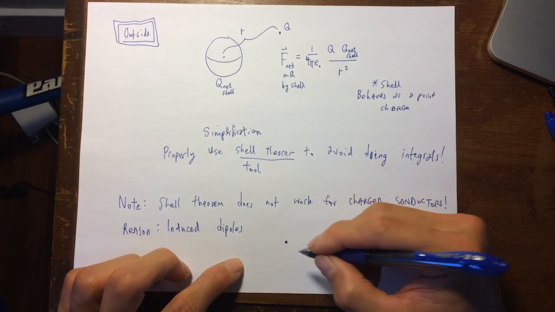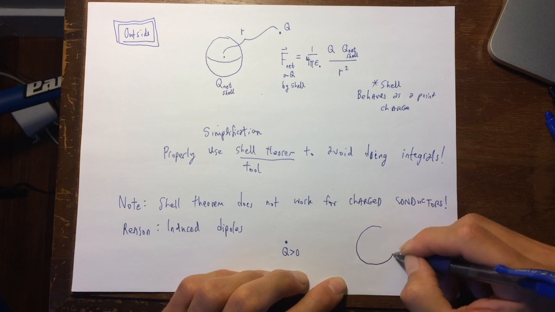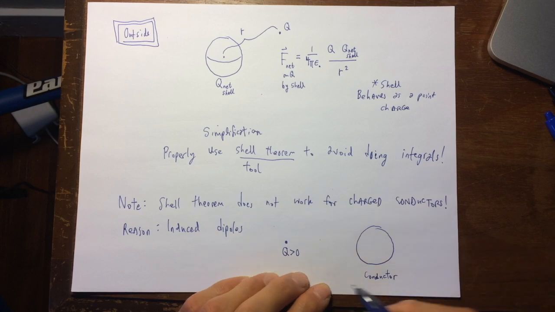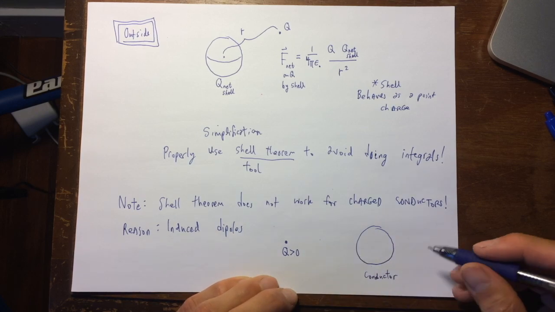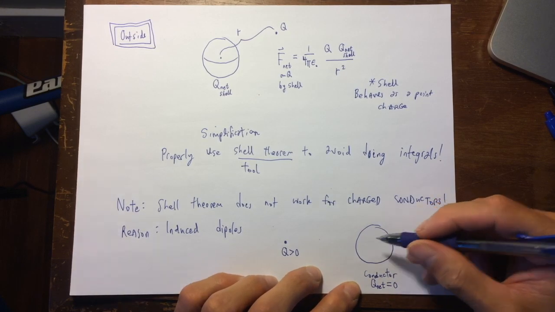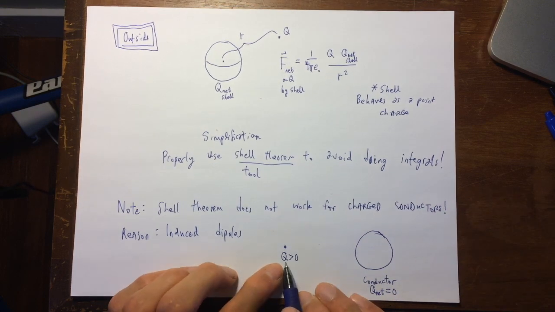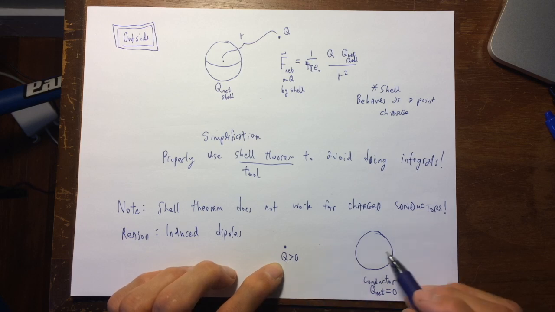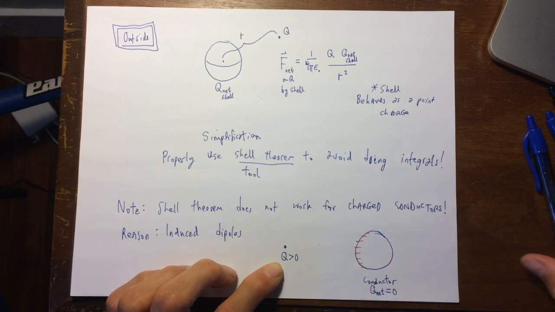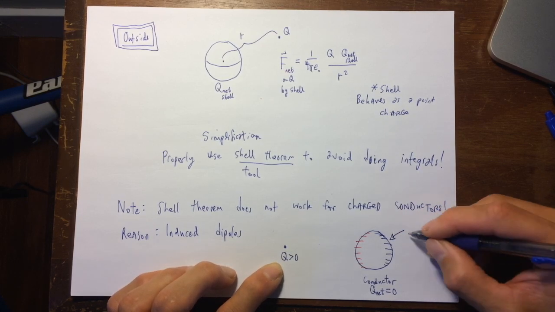So the idea is, let's imagine Q, let's say it's a positive charge, and I have a conductor over here, and the charge Q is on the outside of the conductor. And let's say that the net charge of this conductor happens to be 0. There is no net charge. It's got the same number of pluses as minuses. But if this charge Q is a positive charge, it's going to attract negative charge over to the left side and leave positive charge on the right-hand side,